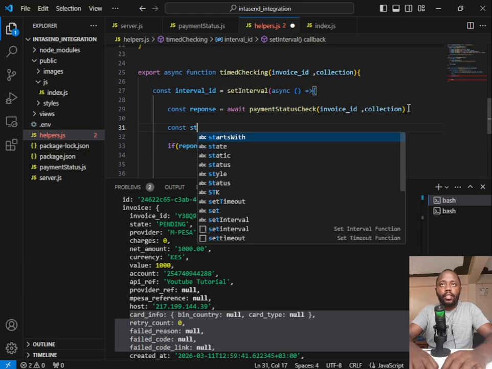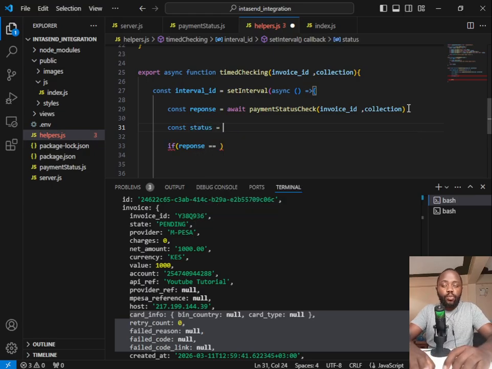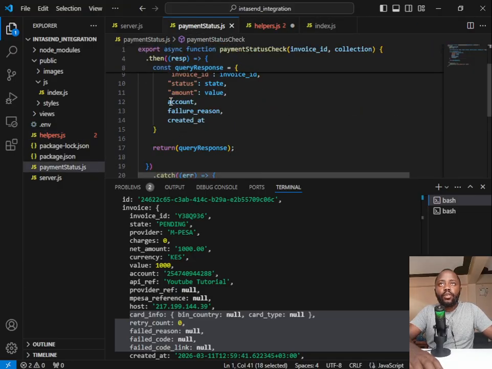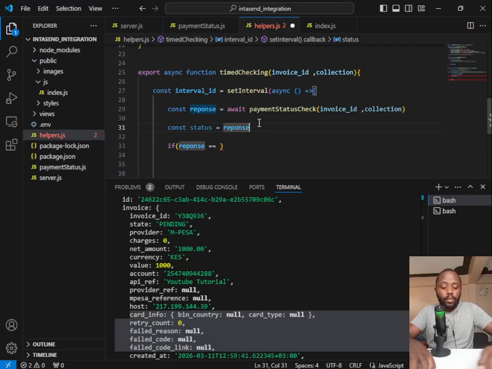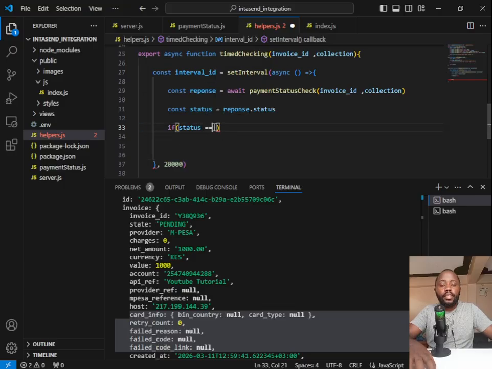So status is going to be equal to response.status. Now what we have here dot status, and then if status is equal to complete,